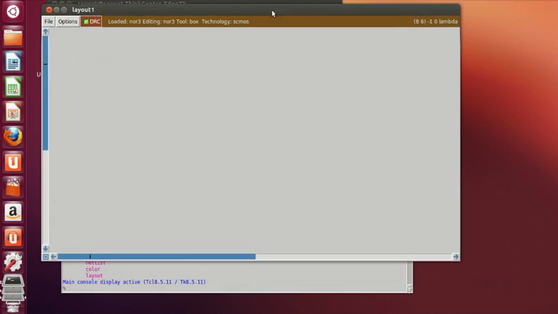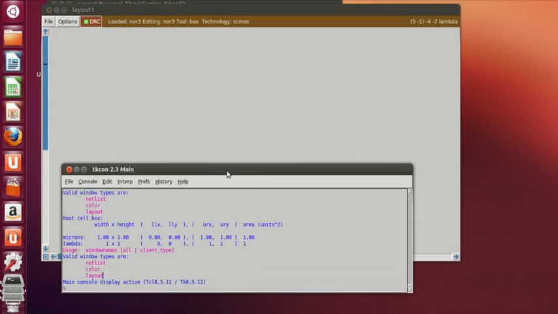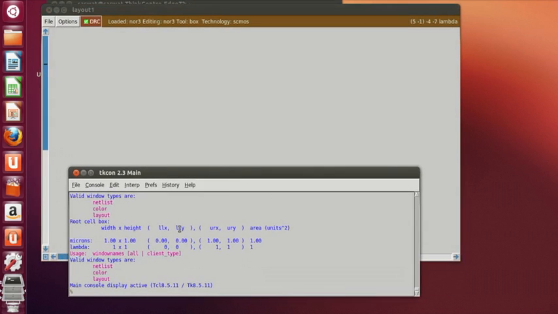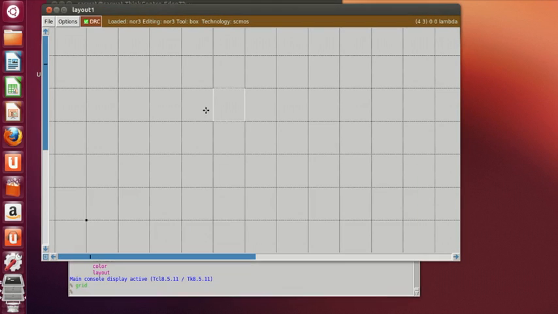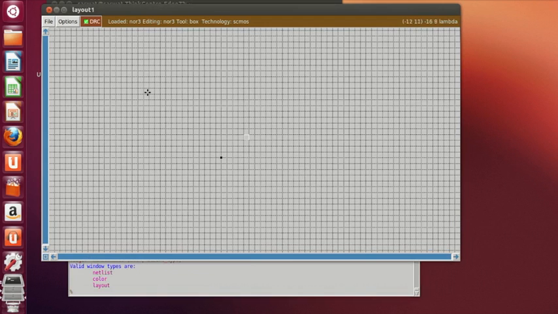So this is the layout window. This is the Tcon window. In order to see the squares, we have to type grid. So these are my squares. Shift Z. In order to draw the layout of a NOR gate,